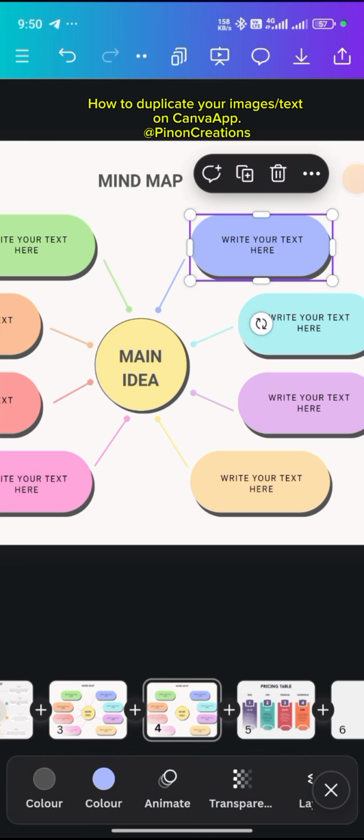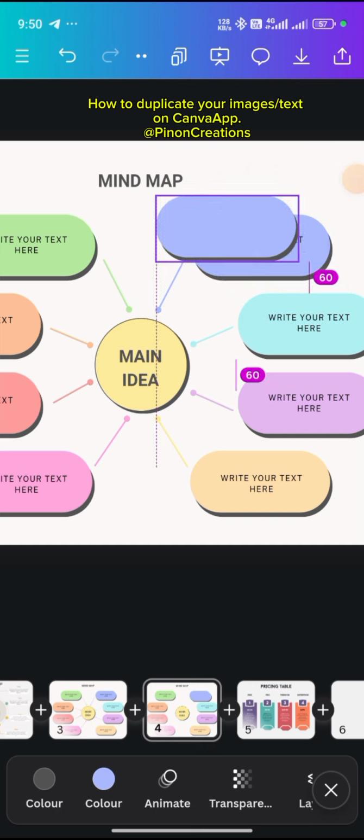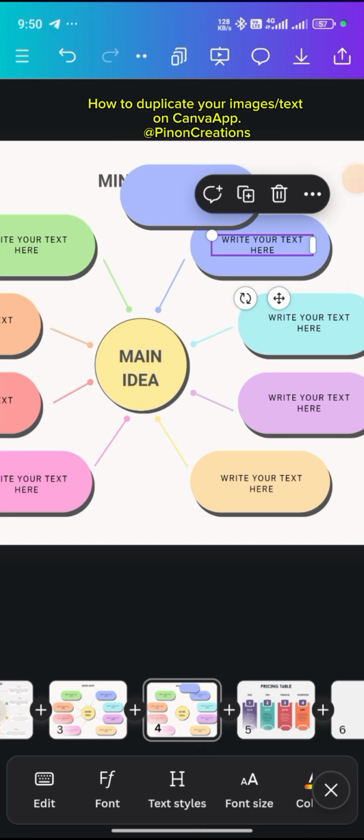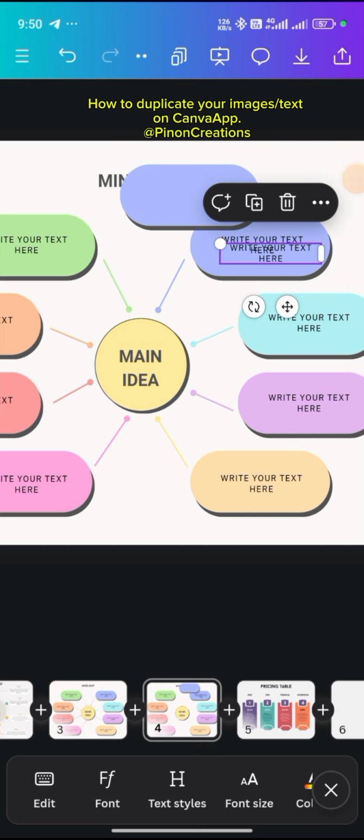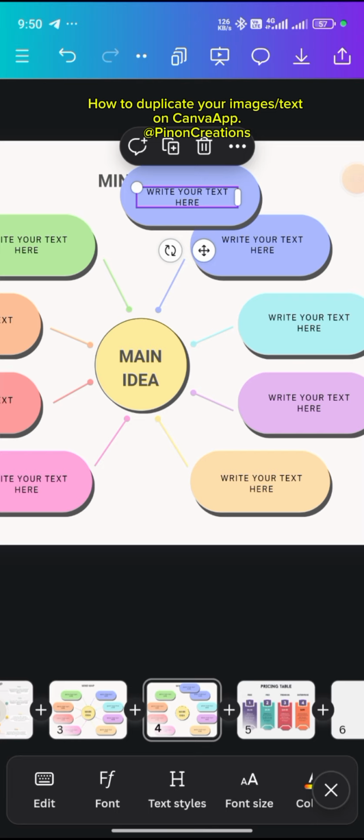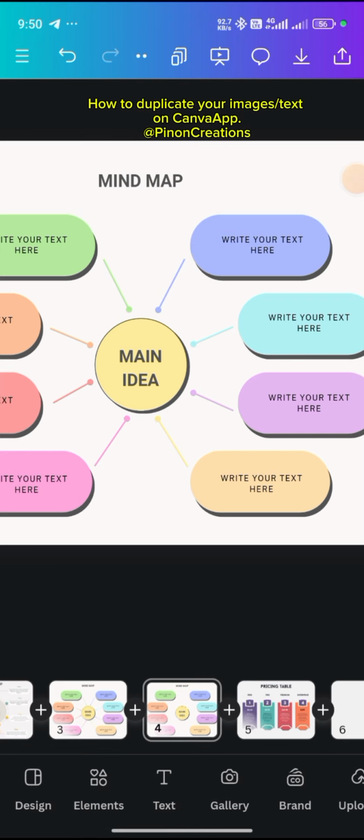It's the box. So you come here, duplicate it, and if it's the text too, you come here to click on that plus sign and duplicate it, and then you arrange. Now if you want to select the two together, instead of stressing yourself, just